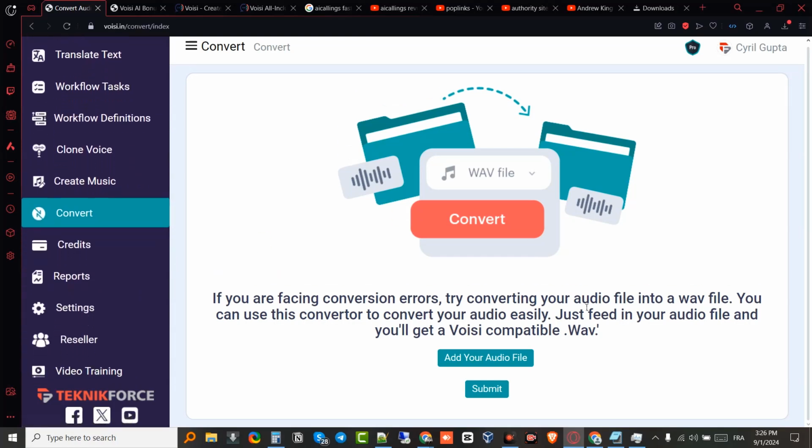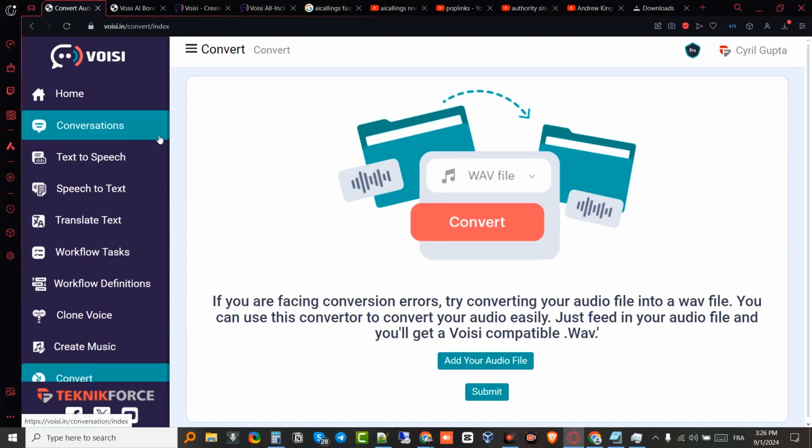So here you'll be able to convert your MP4 file to WAV, which is the highest quality audio file possible, and you can use this WAV anywhere you want because it's very high quality. You can even use it in their own software and turn it from voice to text, and that's basically it. So let's just go back and see the results.